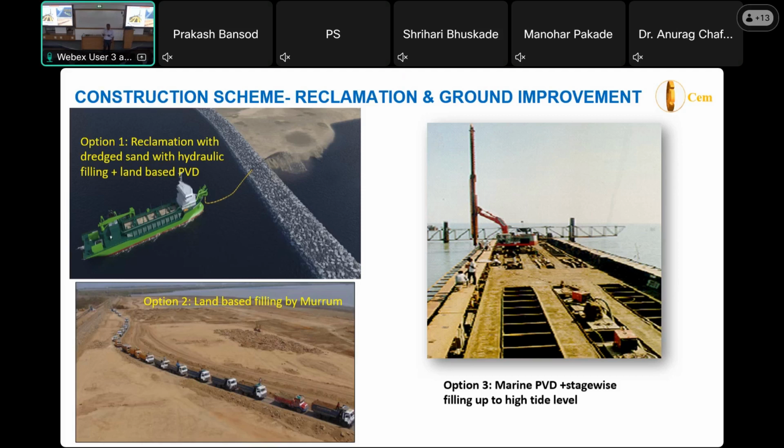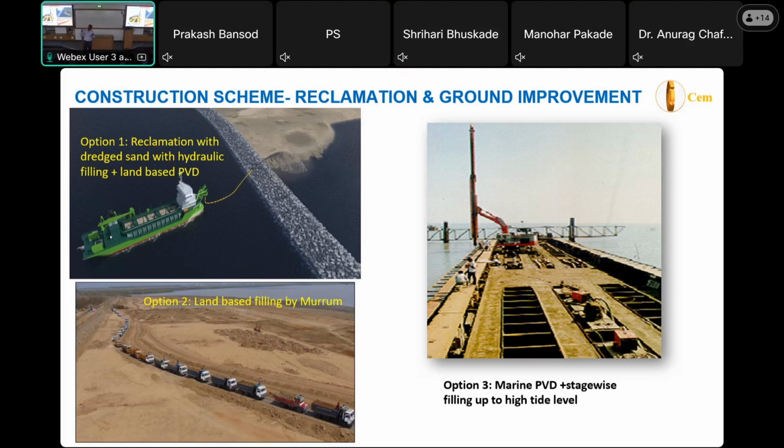But whenever we wait, what will happen? The tide will come. Say we fill 2 meters, and your tide height is 5 meters. What will happen? Your whole material will wash out. So you have to put a material that will not wash out. Water will wash out sand, but rock may not. So if you put rock material, it will not wash out,